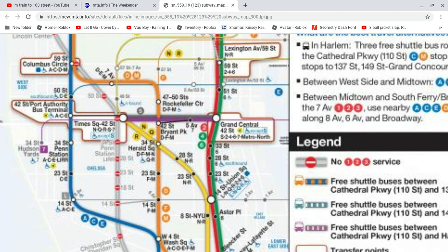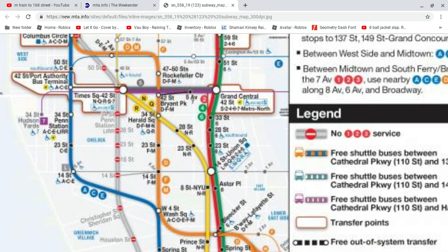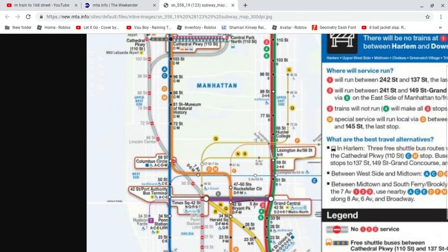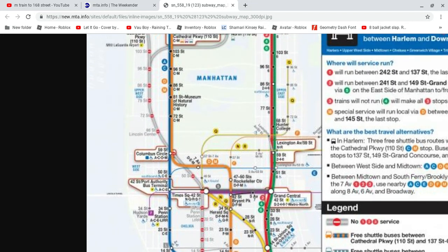You could use the A, C, E, D, F, and M for these stops over here. Use the shuttle to Grand Central to make the stops between Times Square, 42nd Street, and the 42nd Street shuttle, or the 7 train. You can also use the A to stop there, because the A stops there and the R stops there. Oh yeah, you can also take the R at 14th Street Union Square to go to Times Square if you need to do that. For service to 96th Street, transfer at 34th Street to take a Q to 96th Street, and for service to 57th Street, 6th Avenue, just take an F